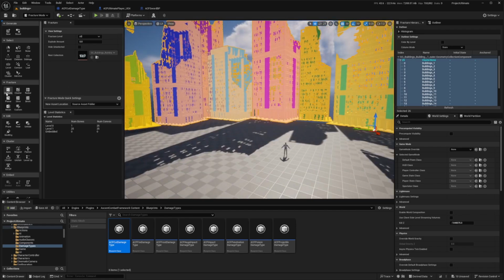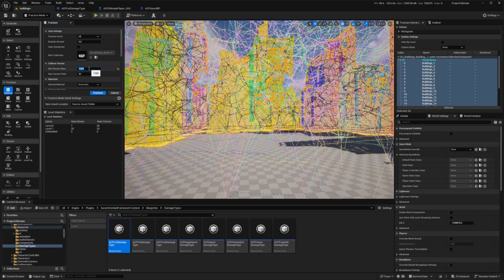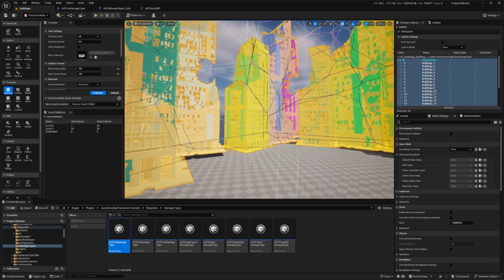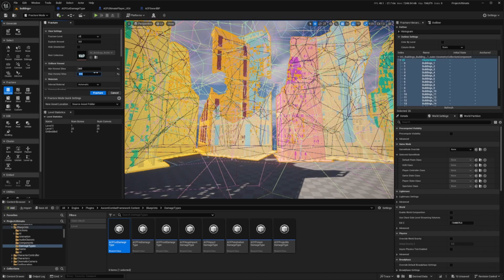But what else I want to do is just go to the uniform tab, and I will set this to a lot more pieces. This actually might be a little too much. So I'm going to do something like 100 by 100. I'm not really sure how this is going to look. I think the building pieces might come off in little bigger pieces. So actually, I'll do something like 500 by 500, and I'll hit fracture, and hopefully this doesn't take too long